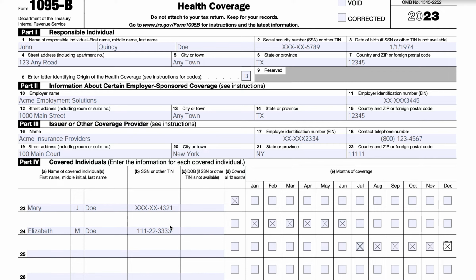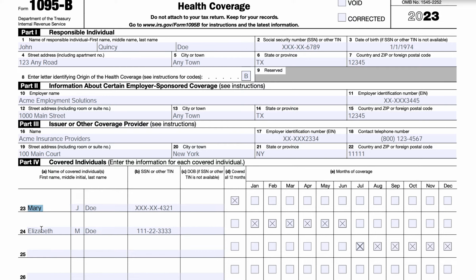So if that's the case, she would be listed up here in Part 1 as the responsible individual. If she got it through an employer-sponsored coverage, then her employer's information would be here. If she changed healthcare providers, that new provider's information would be here,